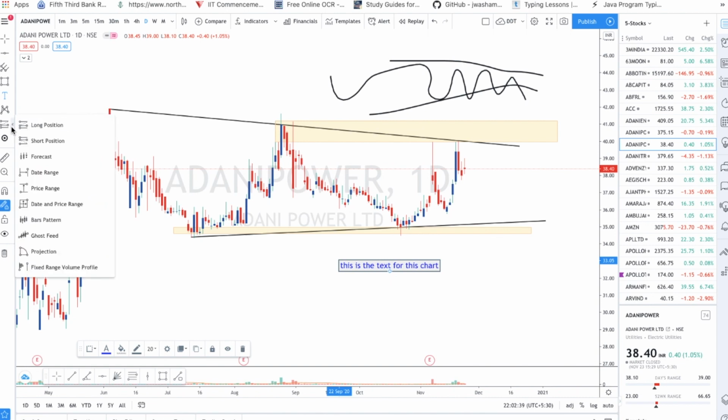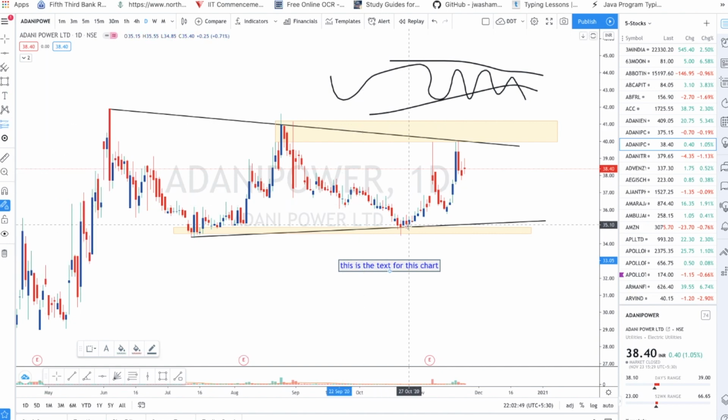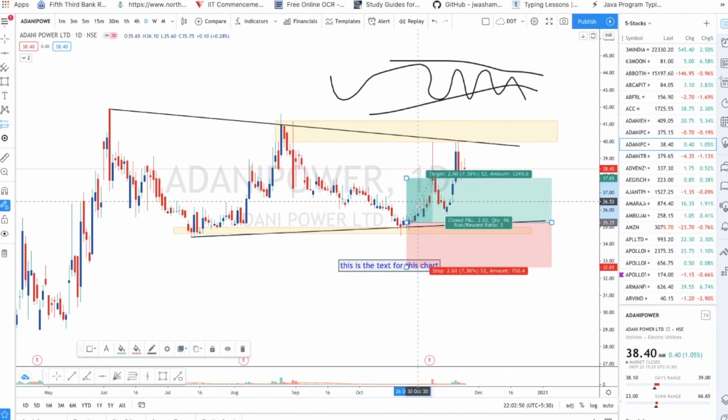The most important thing is this one. This is really important. Please listen, guys, this is really important. This will give the risk reward ratio: what is the risk I am taking? Suppose here I am making the entry. See guys, it comes like this. The red color is nothing but the stop loss. What is the stop loss?